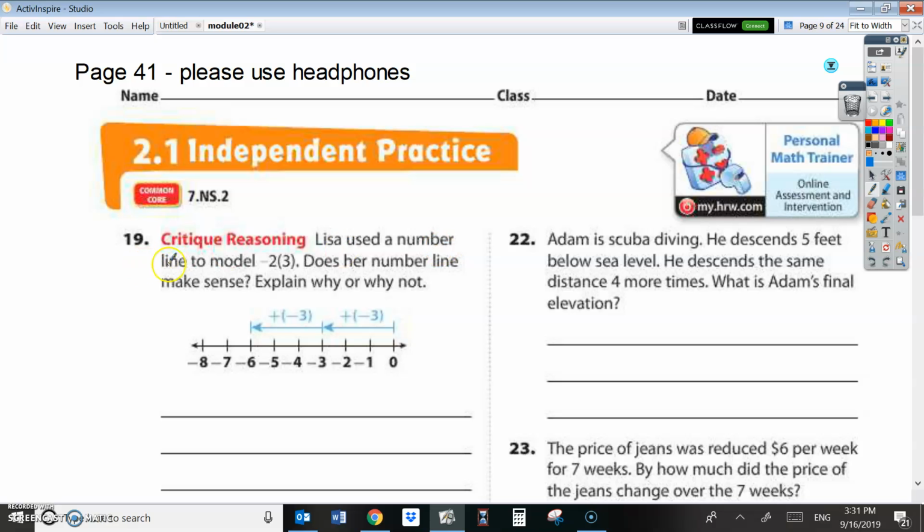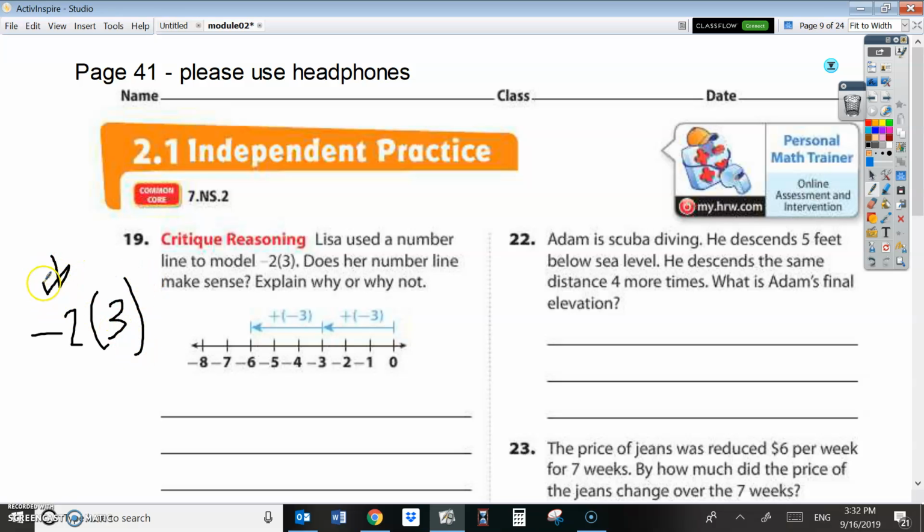Lisa used the number line to model -2 times 3. Does her number line make sense? Explain why not. So when you're doing this problem, -2 times 3,